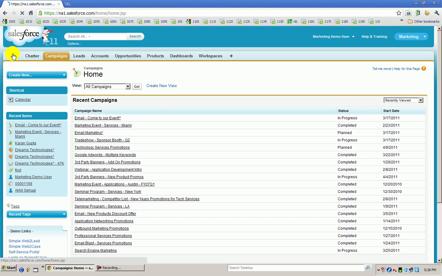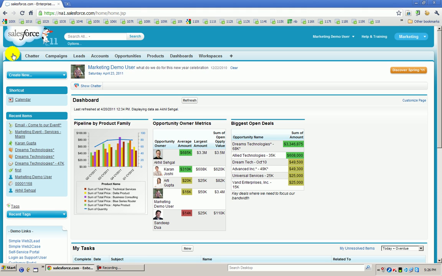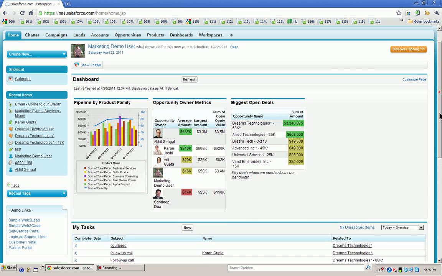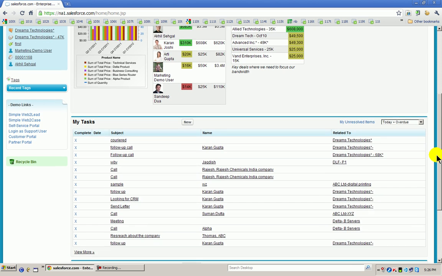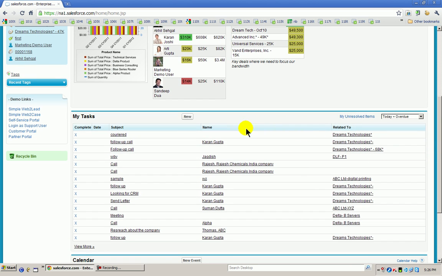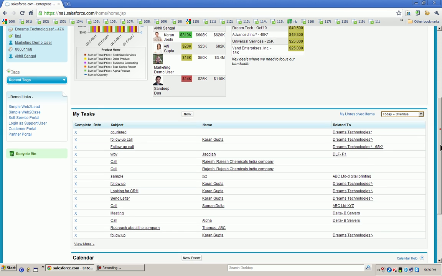Okay. Let's understand this. So you have a dashboard, and you said the dashboard can be customized across various companies. Right. And the dashboard can be customized as per the role of the user. So if I'm a sales executive, my dashboard would be different, and if I'm a senior executive, my dashboard will be different. Okay, excellent. Now these are my tasks. This is my today plus overdue tasks. If I click here, it will show what my tasks are for tomorrow, the next 7 days, and so on. But all these need to be entered.